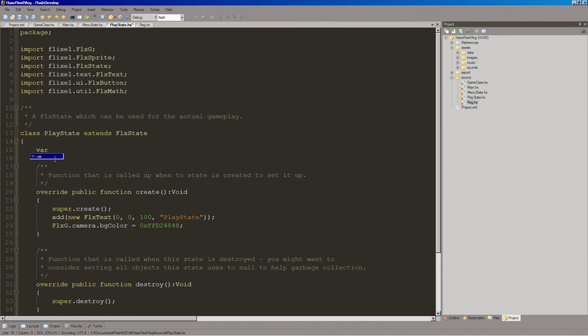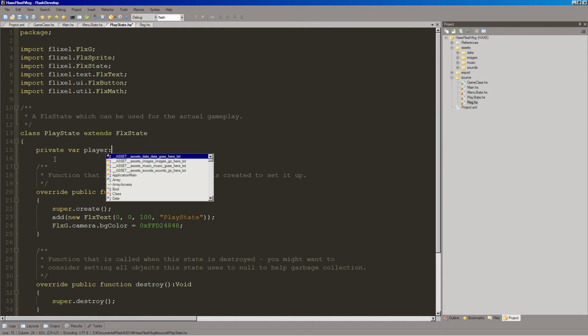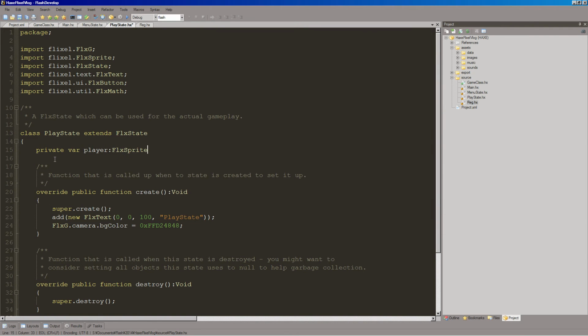But we're going to do, the keyword is variable, var. Actually, let's make it a private variable. This will be our player. And afterwards, we'll say what class it's a member of. And it's going to be a FlixSprite,